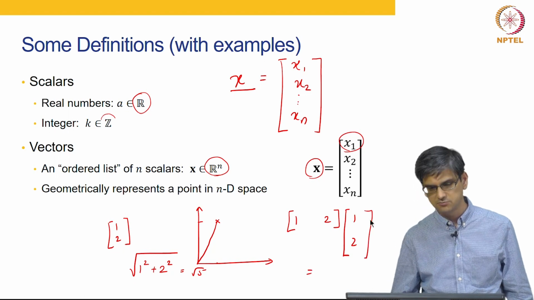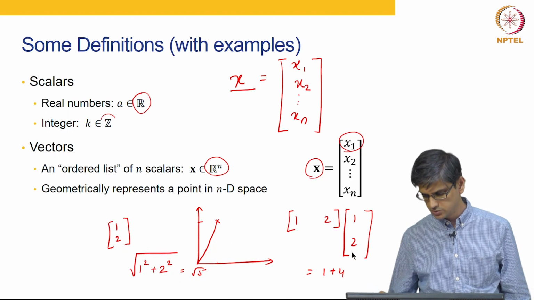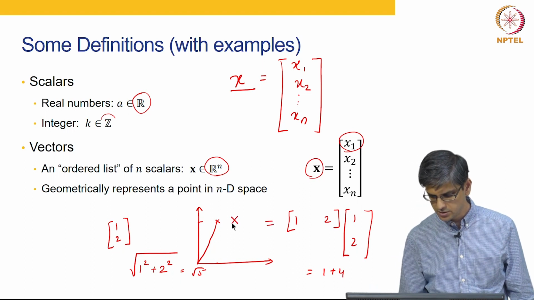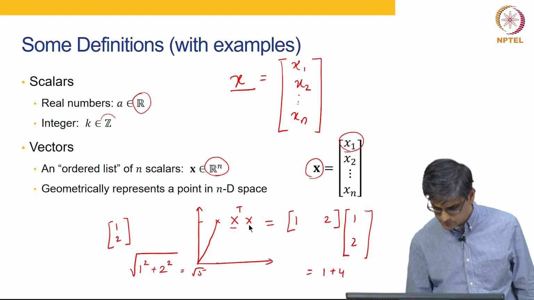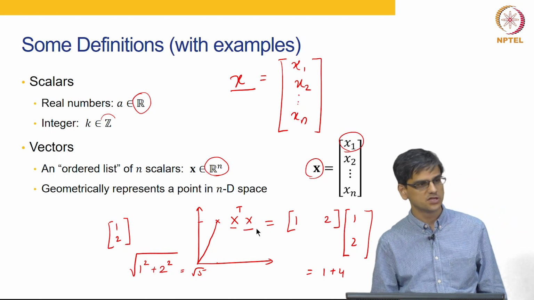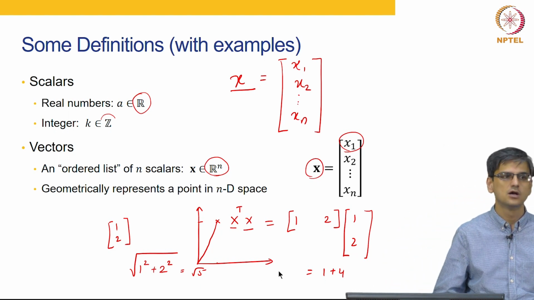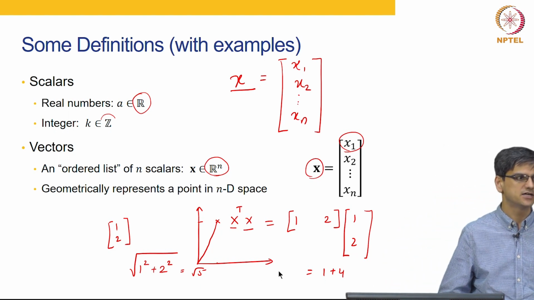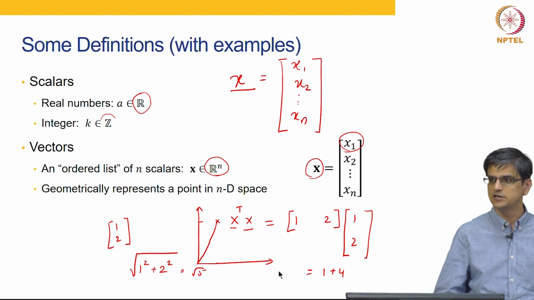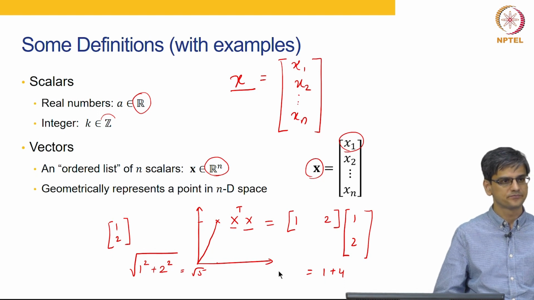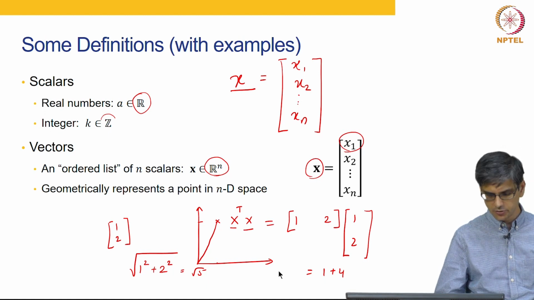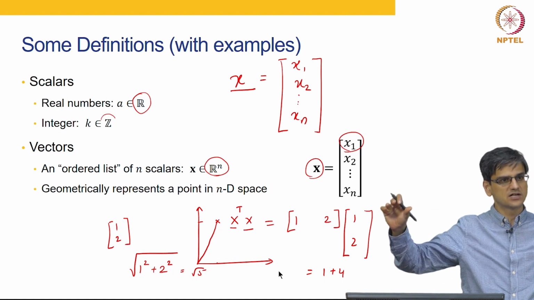Okay. So, this is nothing but 1 plus 4, that is going to be represented by x bar transpose multiplied by x. And again you have learnt transposing and all that. For this entire course, when I talk about a vector, I would mean a column vector. An n dimensional vector means it has n rows and one single column, consistently. I am not going to define this as a flat vector at all.